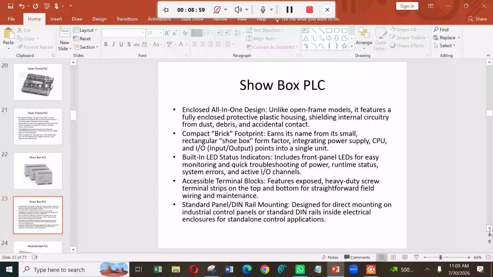Fine. Then you can see here some LED indicators also. That means whether the input is on or off, that status you can get on the indicator. Or sometimes you need to get the status of whether the output is on or not. Like that, the status we can get on the onboard PLC itself. That means there is no need to use a separate indicator like what we saw yesterday, where there were switches and some indicators. So the onboard indicator will be there here. That is what they want to say.